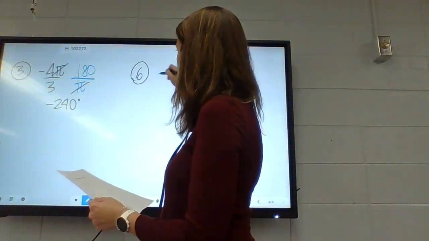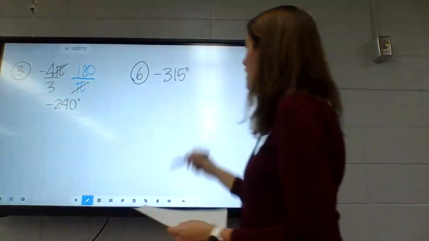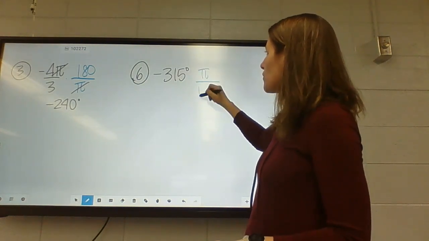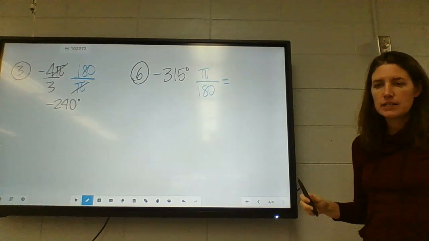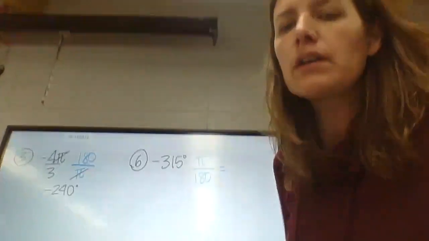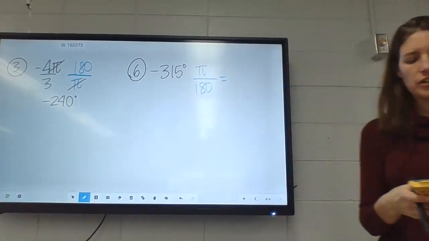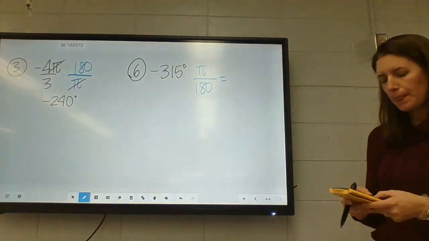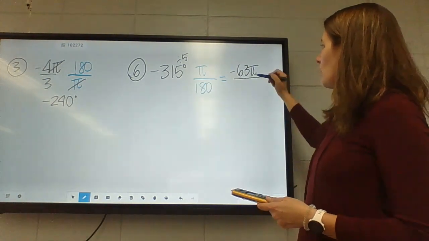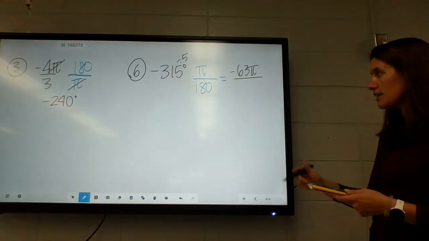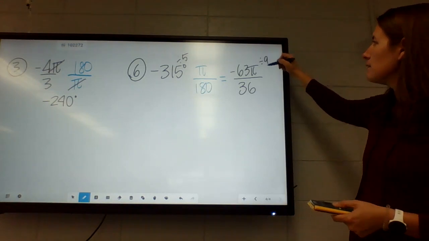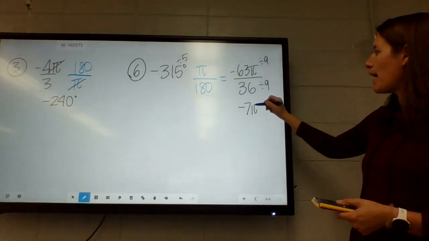Number 6, kind of a good sampling of questions here because this is the opposite. If we have -315 and we want to switch it to radians, we're going to multiply by pi over 180. I basically want to simplify the 315 over 180, so it might require using your fractions on your calculator, or you can divide each by 5. So -63 pi over 180 divided by 5 is 36. Now those can both be divided by 9, I know. So this is -7 pi over 4,